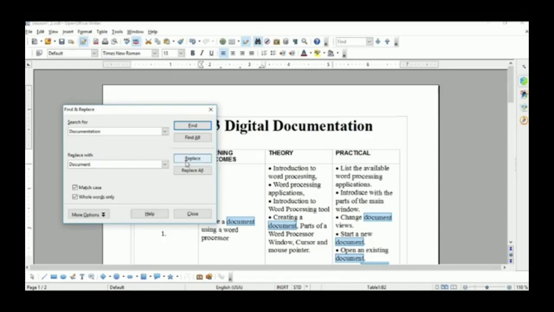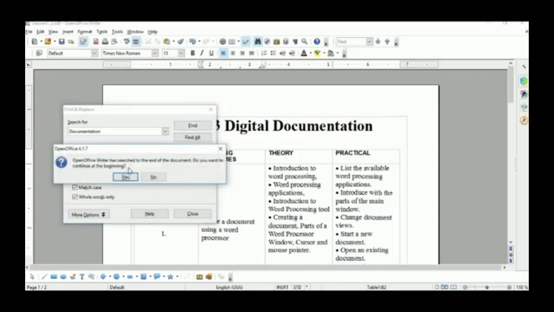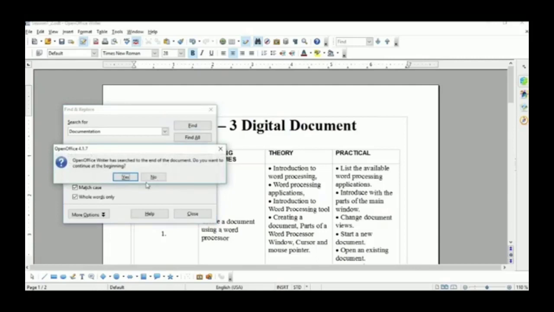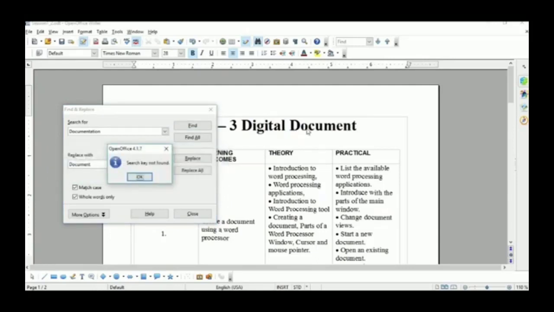Then click on replace. Before replace, first you have to find this type of word is available in your document, yes or no. So yes, this type of word is available. Then click on replace. See the change. Digital document in place of documentation.